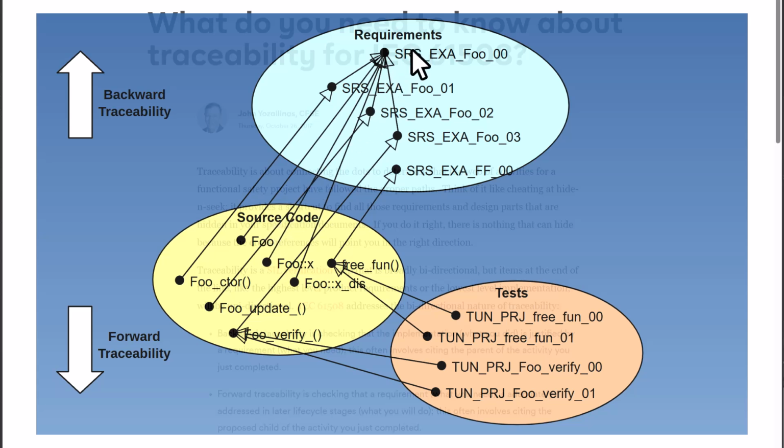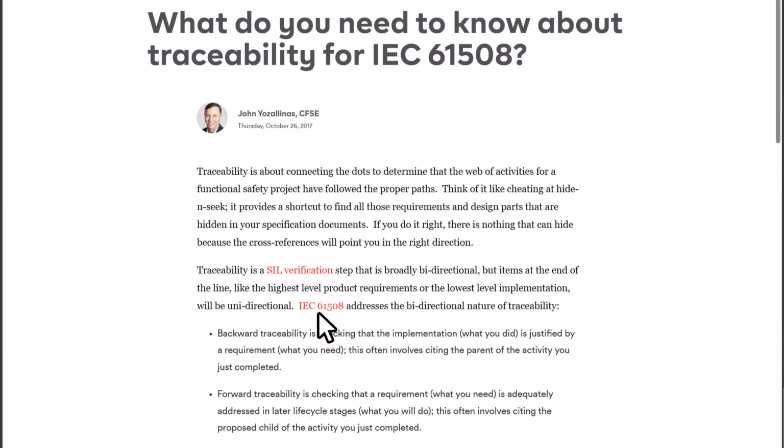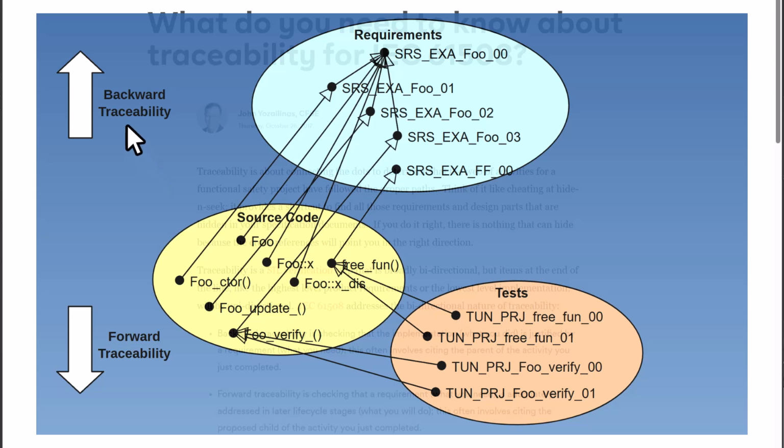For example, a requirement can be connected to a code element that fulfills the requirement, or a code element can be connected to a unit test that tests that code. The IEC 61508 functional safety standard addresses the bidirectional nature of traceability. Backward traceability begins at a specific work artifact and links it to the upstream artifact. For example, a code artifact can be linked with an original requirement, or a test artifact with an upstream code